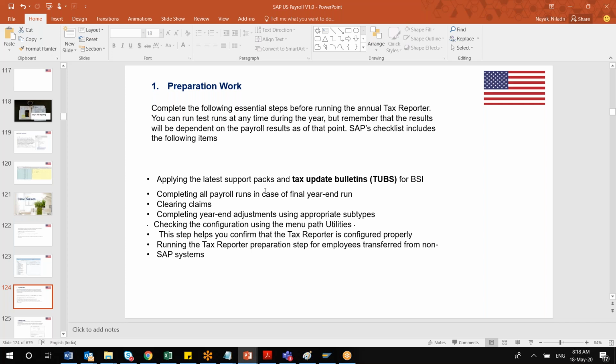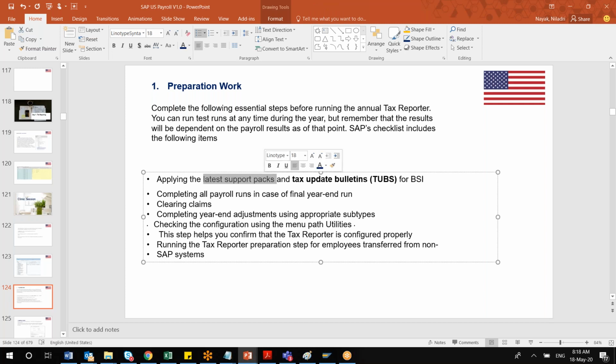But for your understanding, for BSI 11.0 to work, there are certain preconditions. There are some support packs for SAP, and you must upgrade your system to a particular level. Otherwise, the system will not support those changes. I'll discuss those details when we discuss BSI. But before you start your preparation for tax reporting, you have to understand the checklist SAP recommends that you must have in your system.